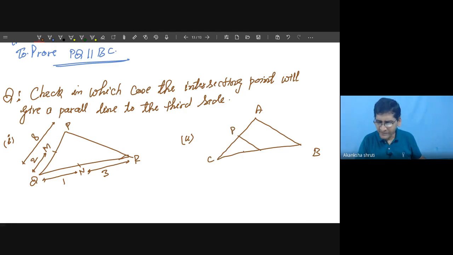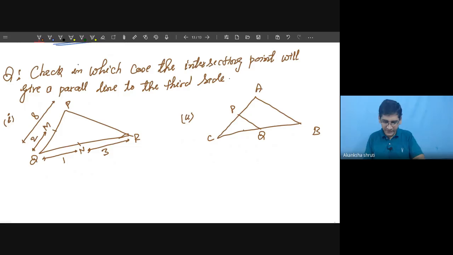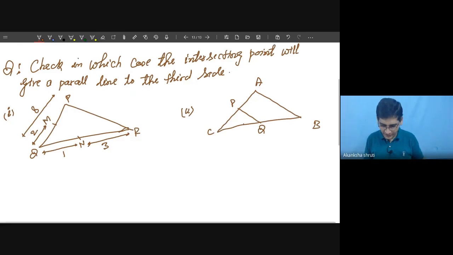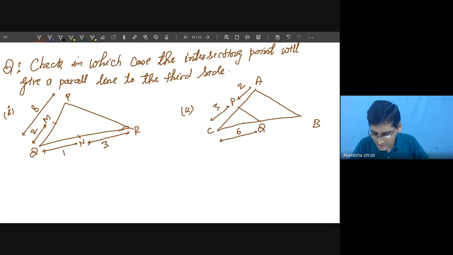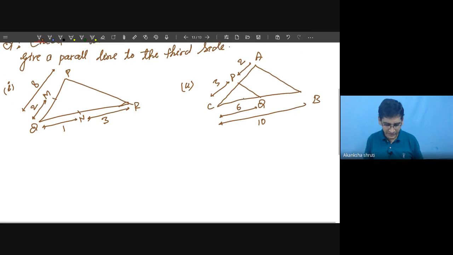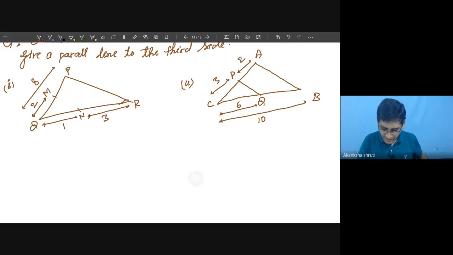Consider this as P and Q. Okay, only this much, and even a third one more I will take. Consider this as 3, this is 2, this is 6, this is 10. This one we have to verify. The third one,